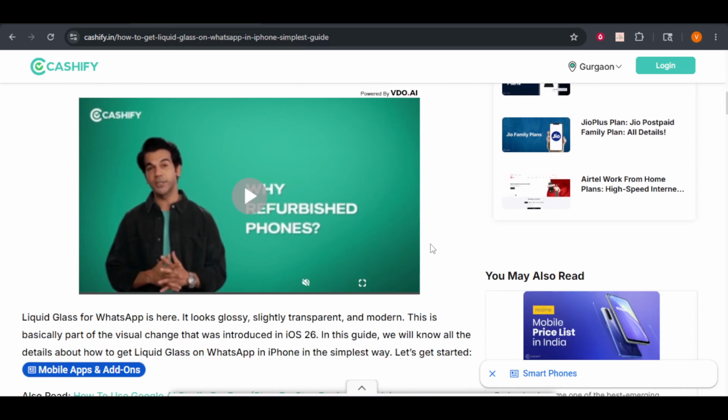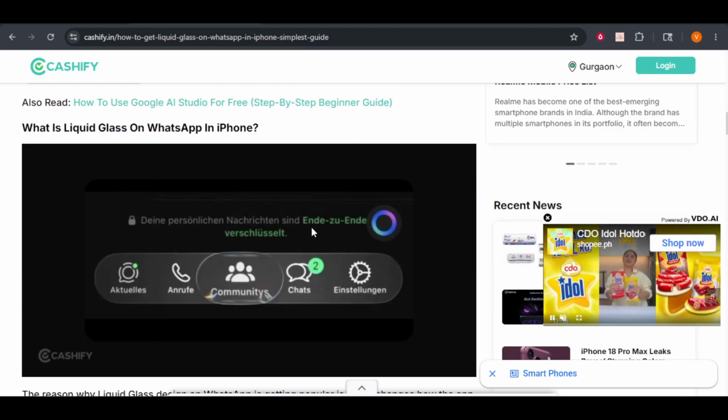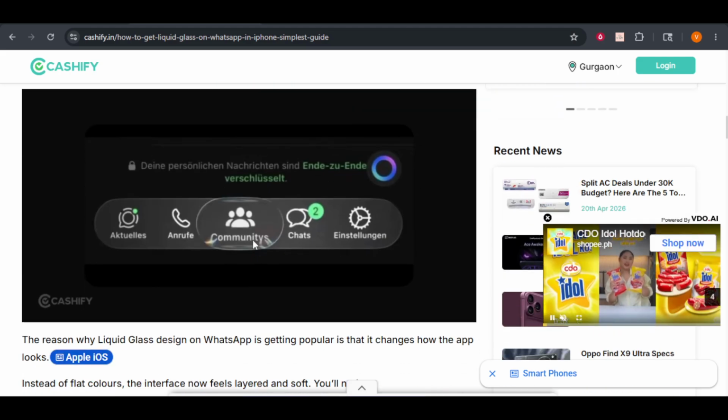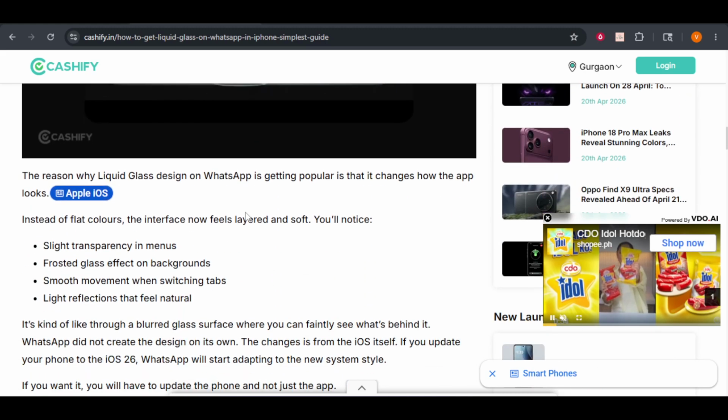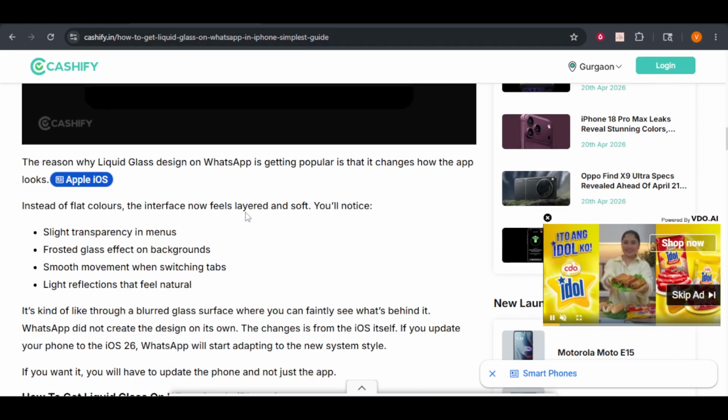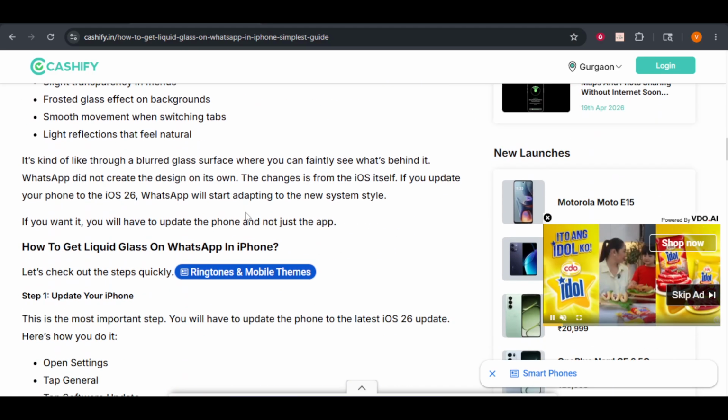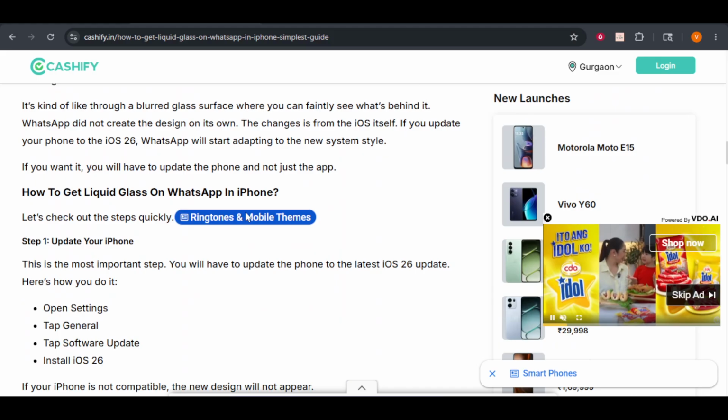If you are already on the latest version and the glass effect is still missing, then we need to look at your system settings. Navigate to your phone settings and head into the accessibility menu. From there, you must select the display and text size options. Look for a setting called Reduce Transparency and make sure it is turned off. If this toggle is active, your phone will disable all blur and liquid glass effects to save battery or improve